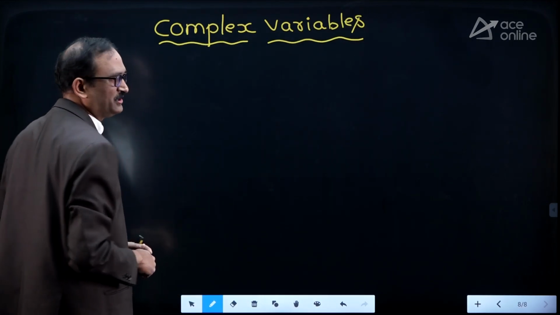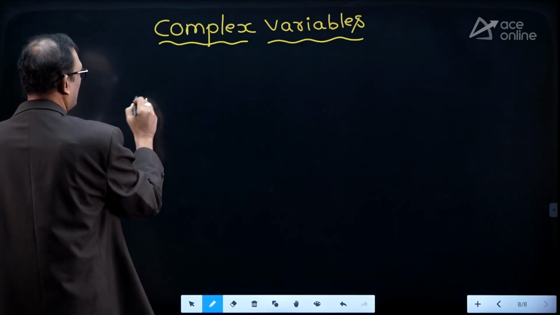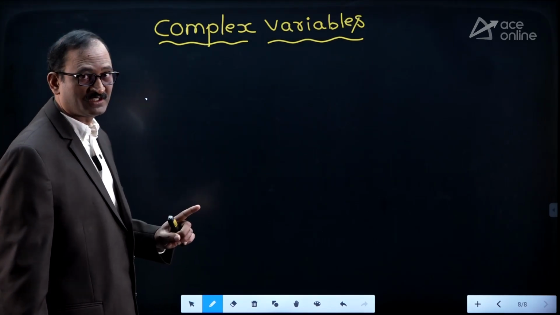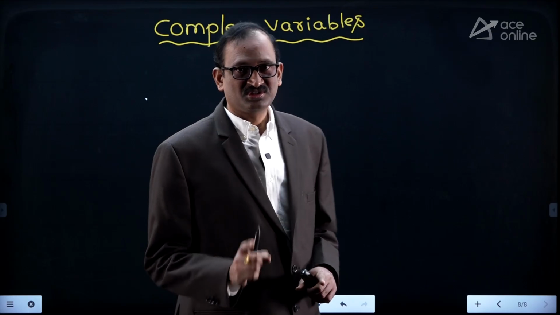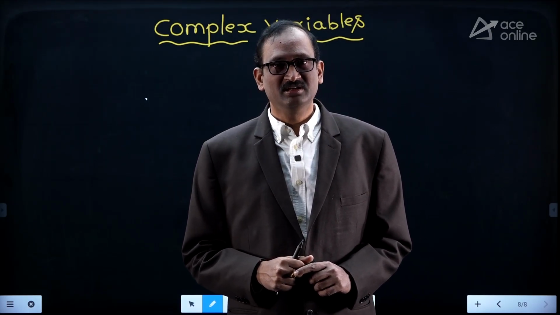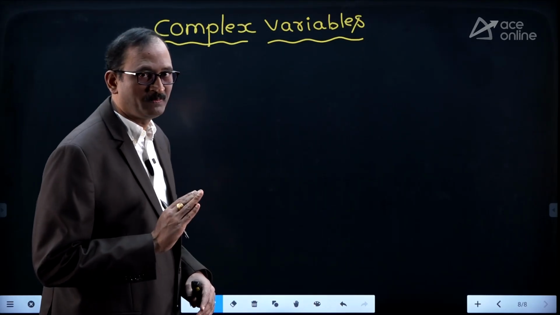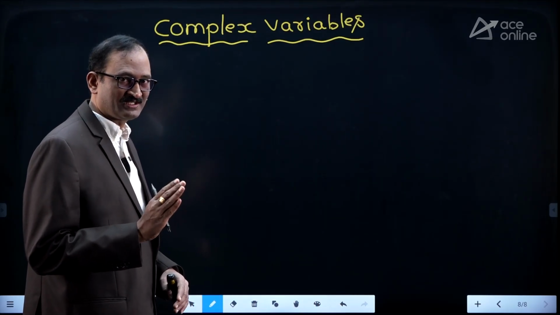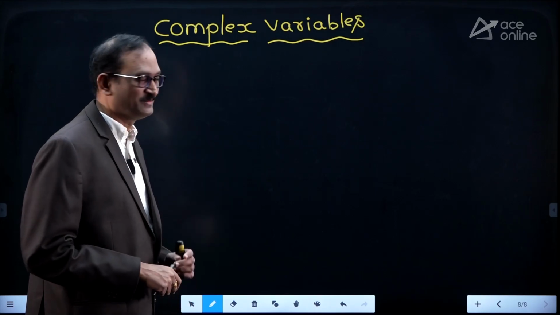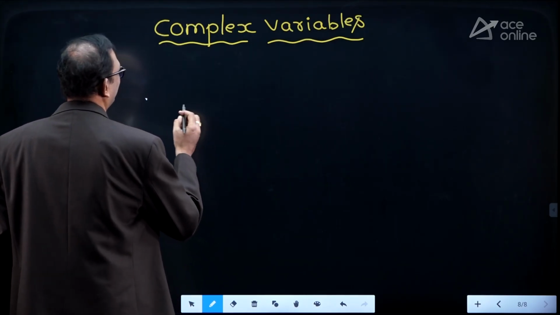Complex variables, only 2 topics, very important. These complex variables are not in the syllabus for GATE for civil engineering students. Complex variables is in the syllabus for GATE only for mechanical, but it is in the syllabus for ESE of all branches, the Engineering Services Examination of all branches. So complex variables topics to be expected